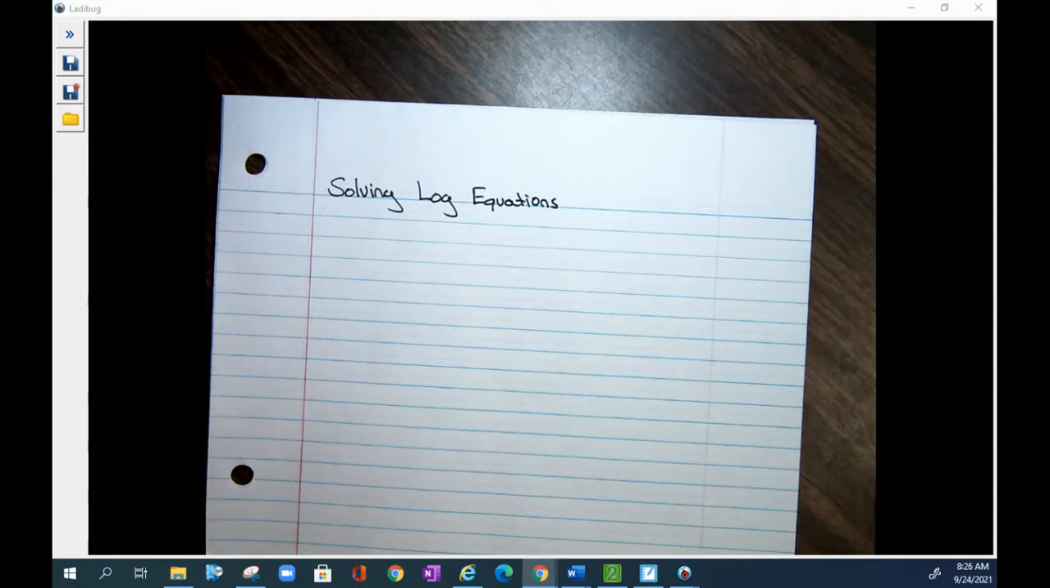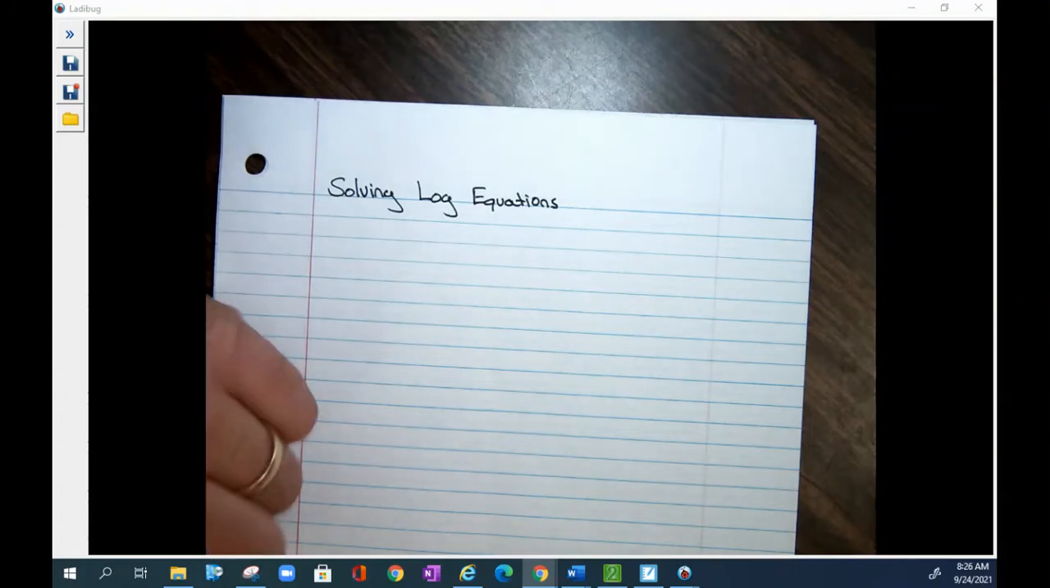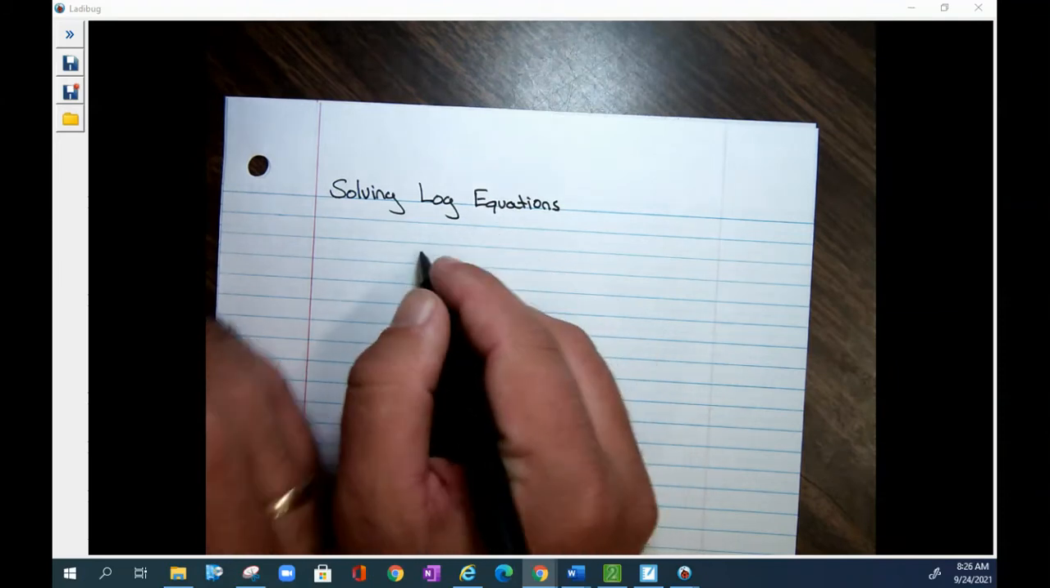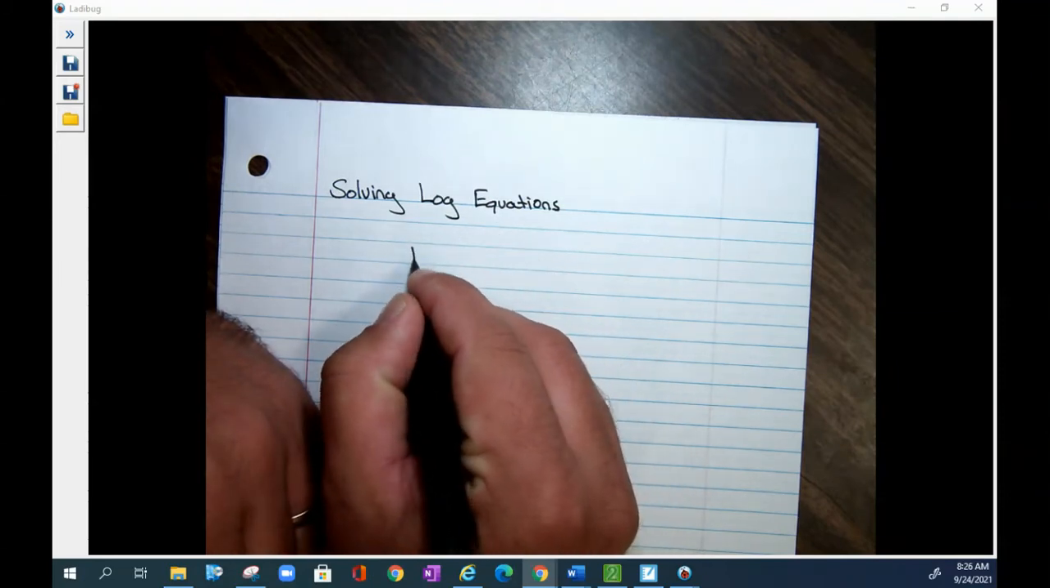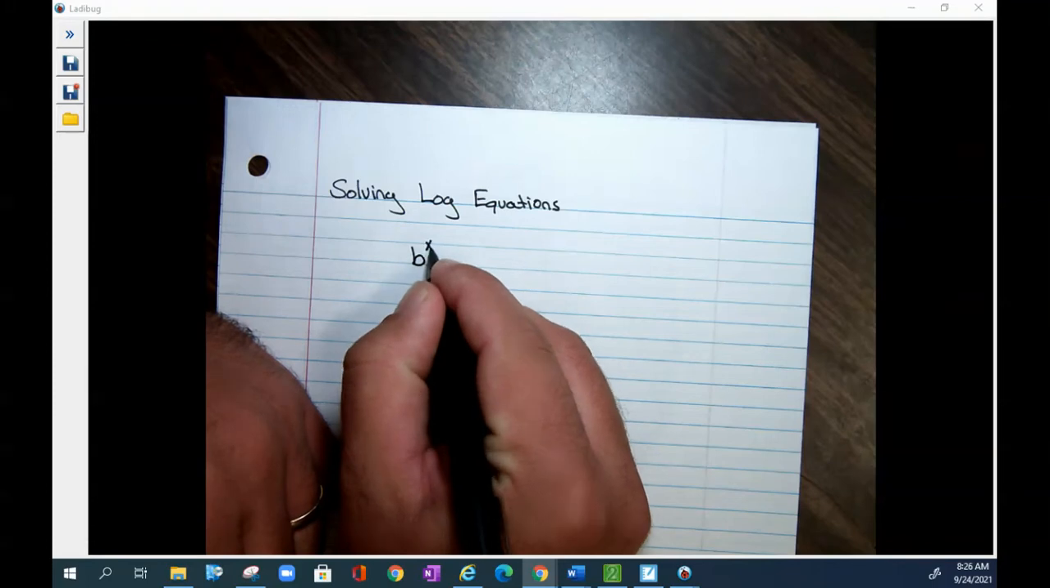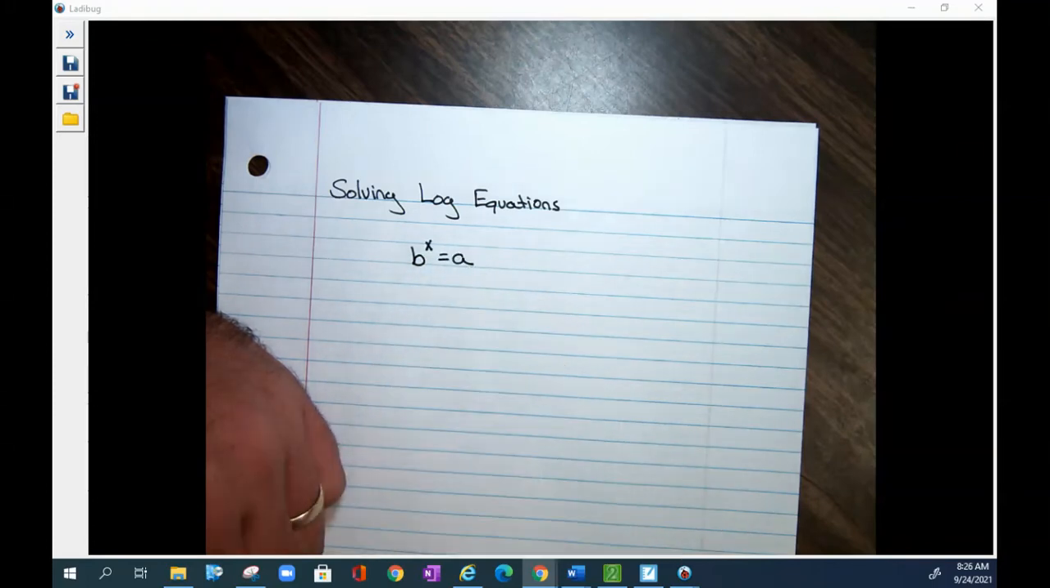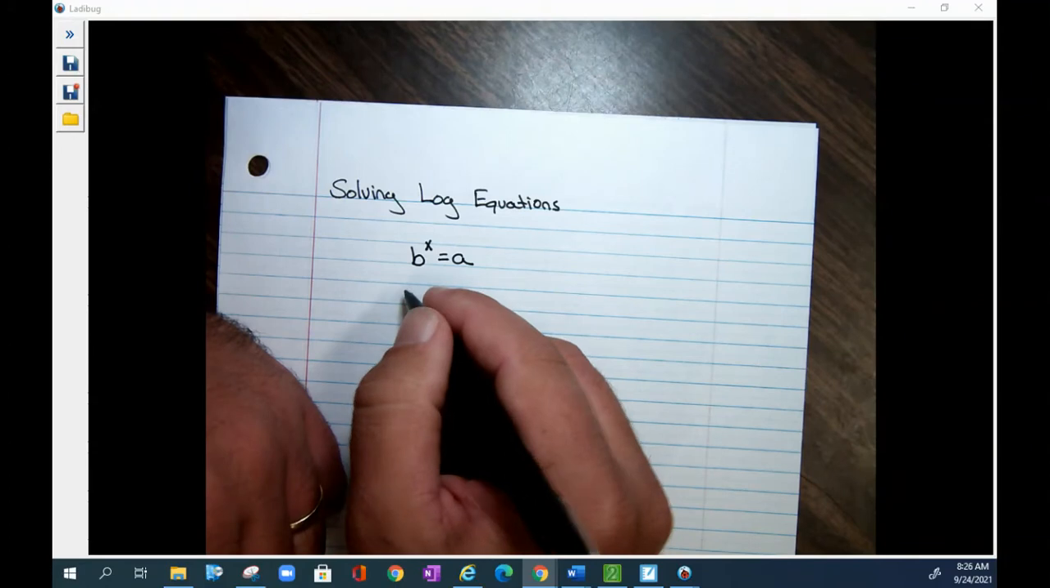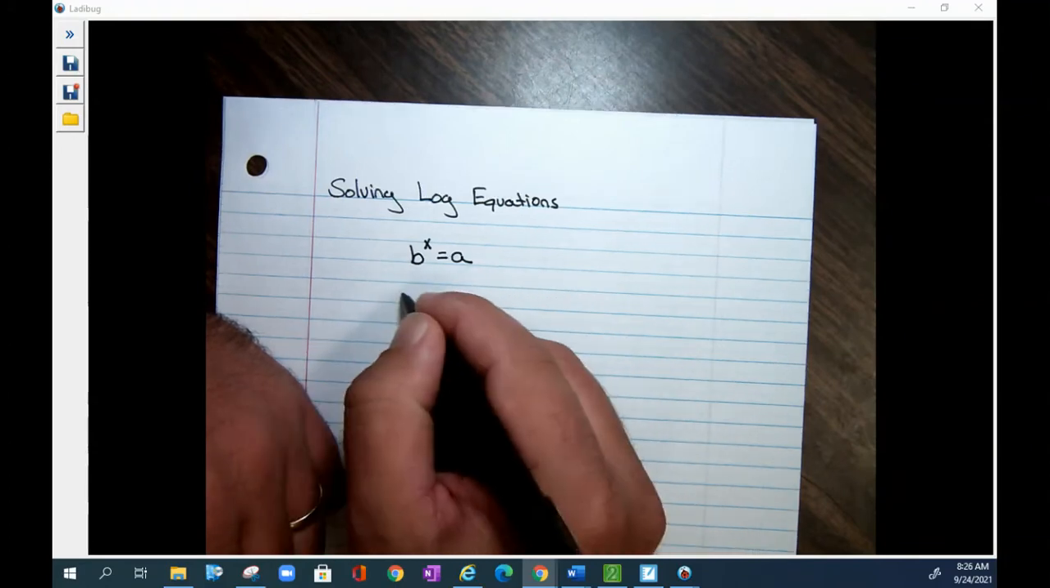Okay, so solving log equations. Here's the deal. There's really three things you sort of need to know. One of them is log properties. You have to know log properties. You have to know how to change the sort of exponential equations into a log equation. So if you have something like this, just kind of keep it in mind. If you have this thing, right? That's the same thing as I can rewrite that as